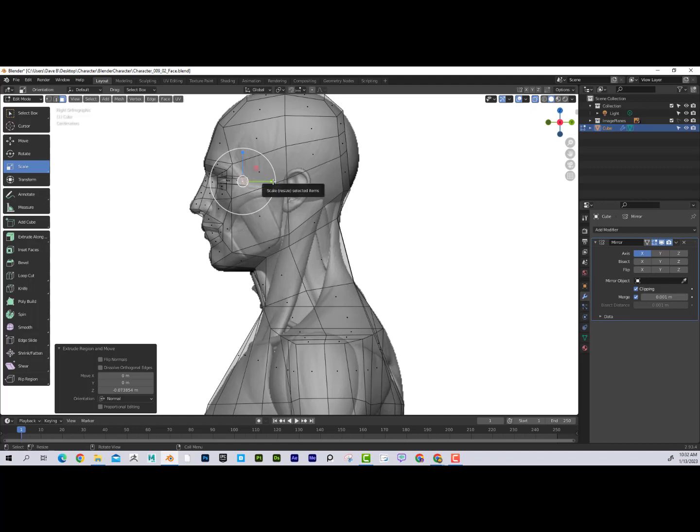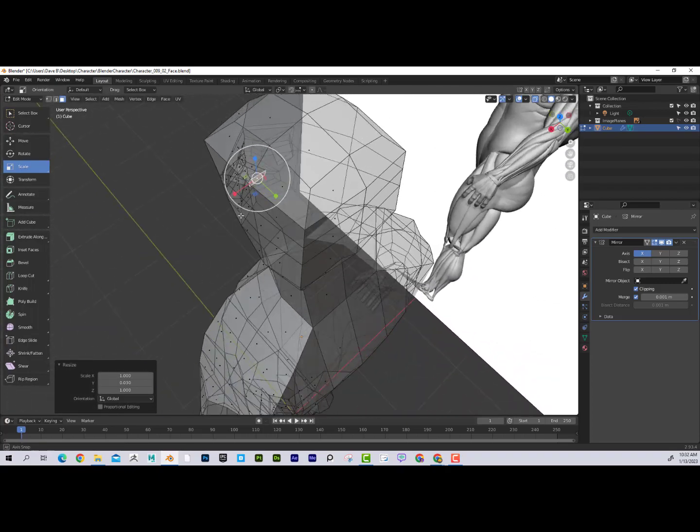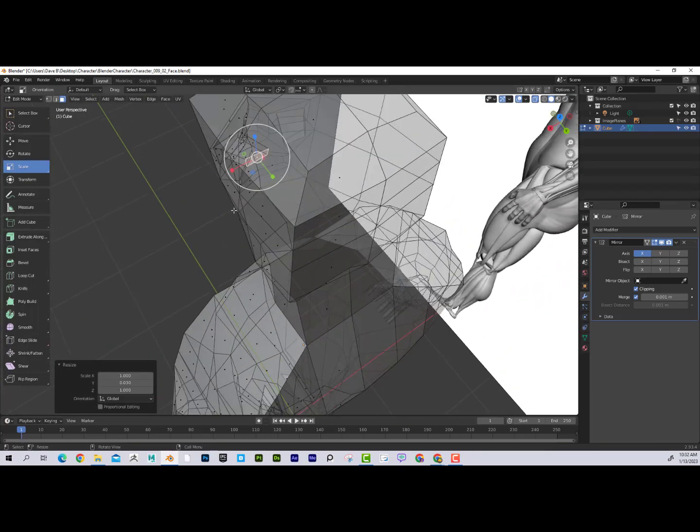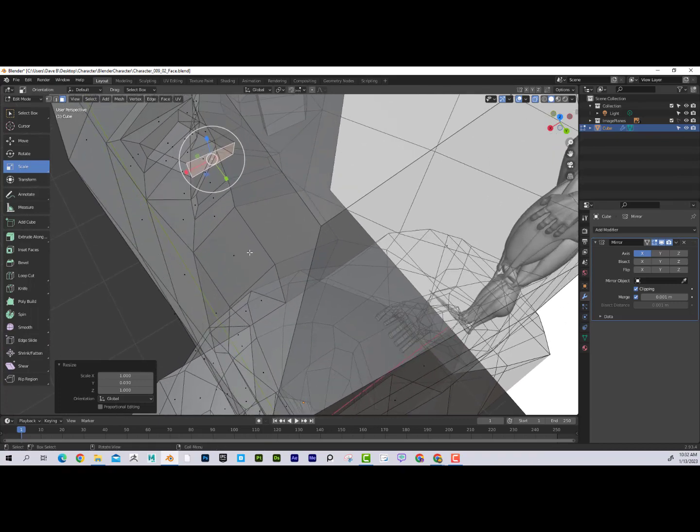and then I can scale, and I can scale it straight. Okay, I know that's kind of a weird concept, but I'm just taking this green scale handle and I'm scaling perpendicular to kind of the angle that it was, and now it's nice and straight. Then if I look at it from the inside, and I can even zoom in to the inside of the head here,